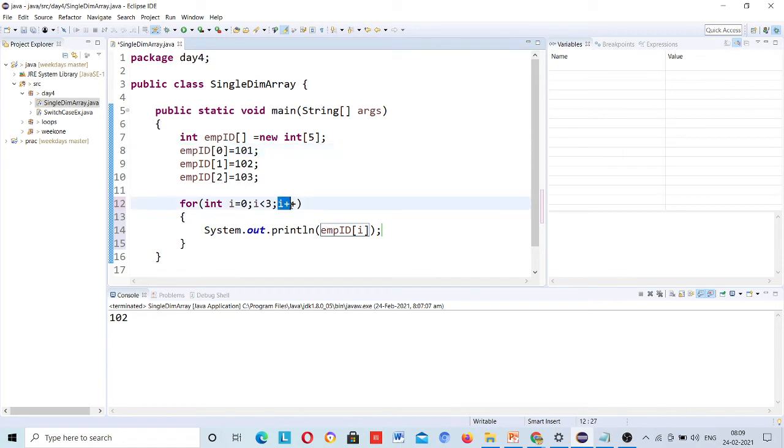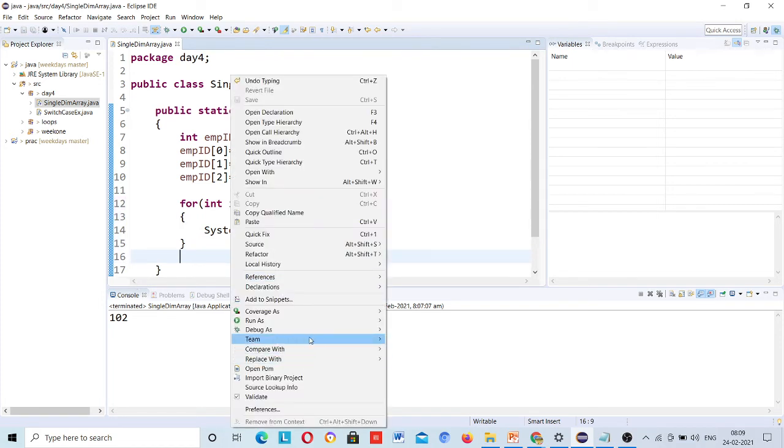Second time, i plus plus, i value will be 1, it checks 1 is less than 3, yes, then it will print the employee. Third time, i plus plus, i value is 2, 2 is less than 3, it will print employee id 2. Next, i plus plus makes it 3, 3 is less than 3 is false, so it will come out of the loop. Okay, so now I just need to run this program.